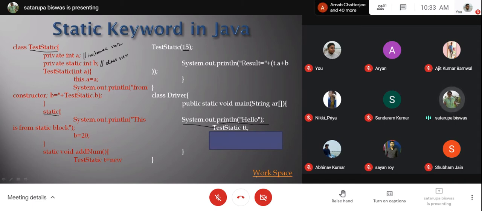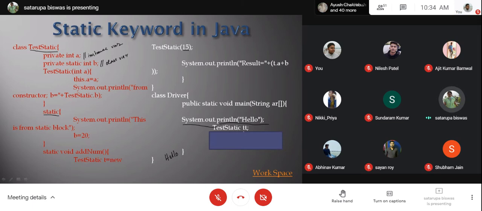Will anyone prevent you from printing this hello on the screen? No, ma'am. Ma'am, and this is from the static block will also be printed. How? How did you get that?